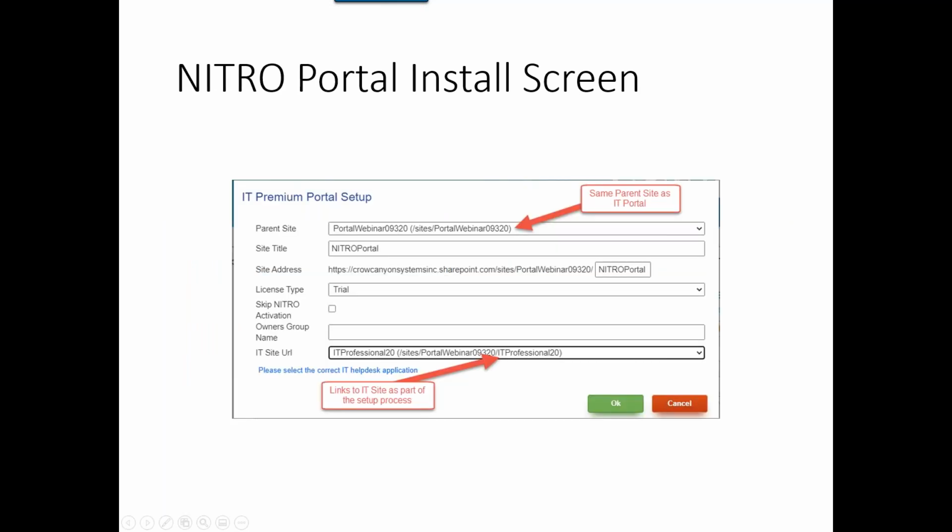Now, the Nitro Portal is kind of looking for the same thing, but you can see you can actually have that parent site be the same site as the IT portal. And you can see the difference in the URL right here. You're putting it at the same level as your main application site. It's not a subsite to that, so it gives you more of that flatter structure that Microsoft is pushing. So you can do that, but you can still point it to an IT site